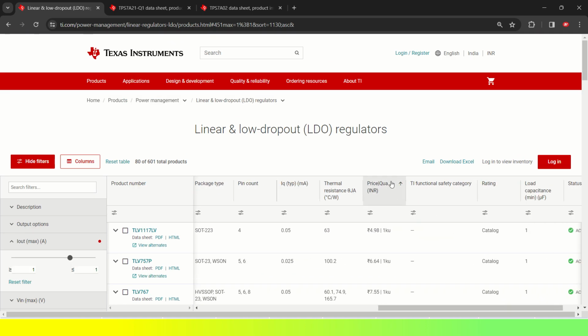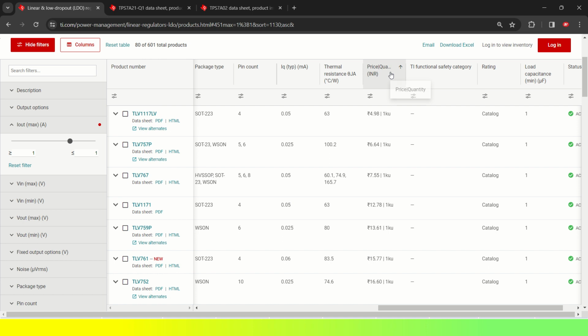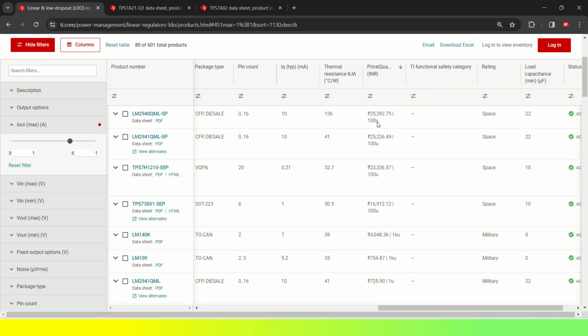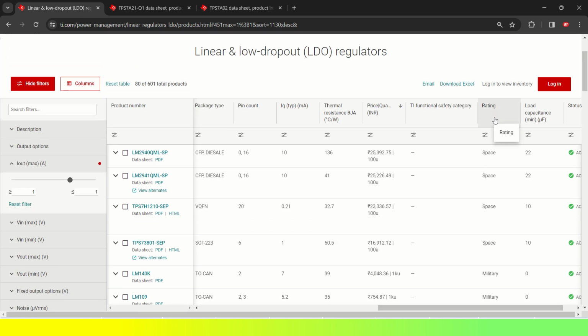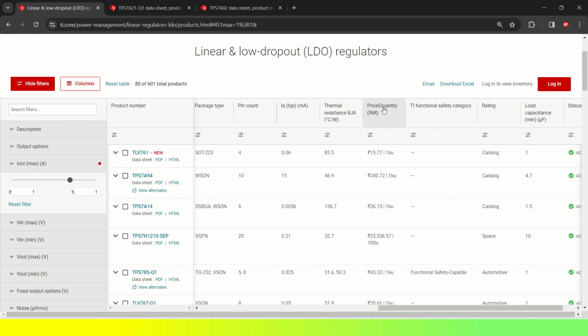And if you want to sort according to price, you can always sort by the maximum pricing. This is catalog pricing. See, the maximum pricing is around 25,392 rupees. This may be applicable for some space applications. See, this is space rating. Space rating ICs will be very, very costly. Military grade ICs are also very costly, like LM109, which gives you 1 ampere rating, around 754 rupees. So price wise also you can sort it. I'll select the lower cost so that I can utilize this in my industrial or consumer or home